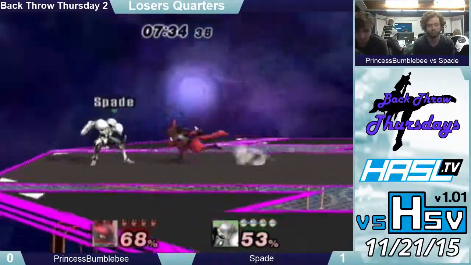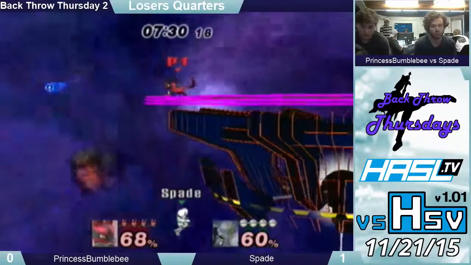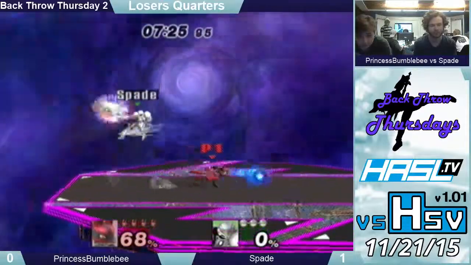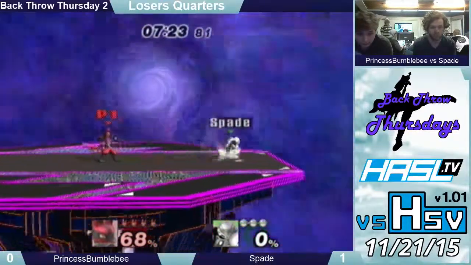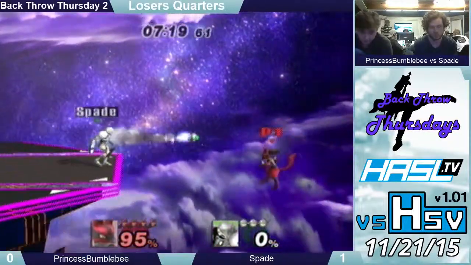Spade opting for the ice form. He really does enjoy the ice form. I think he enjoys everything about it. And unfortunately, I wouldn't say you wanted to be reversed to wall jump. Yeah. But Spade really does favor the